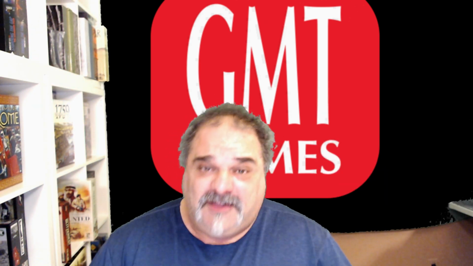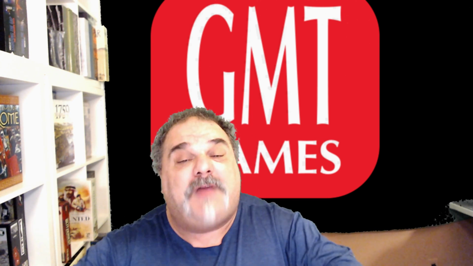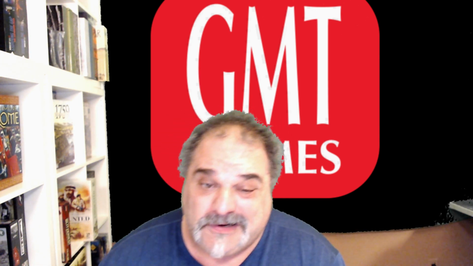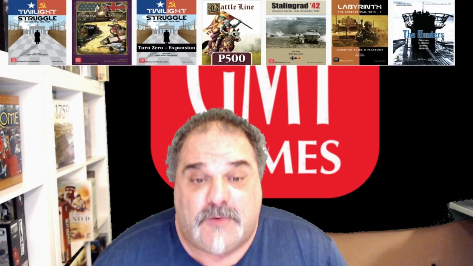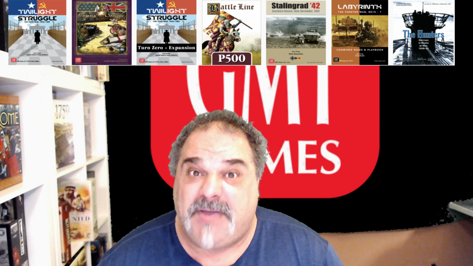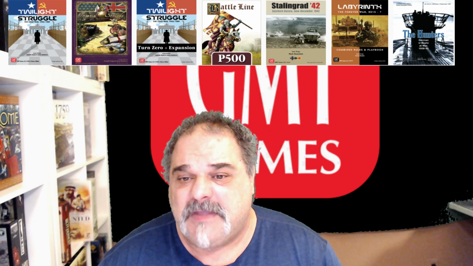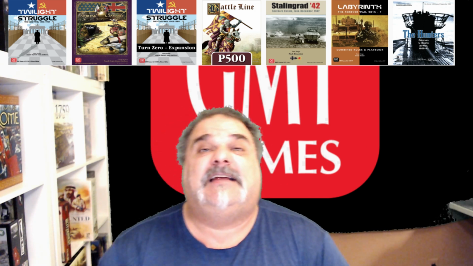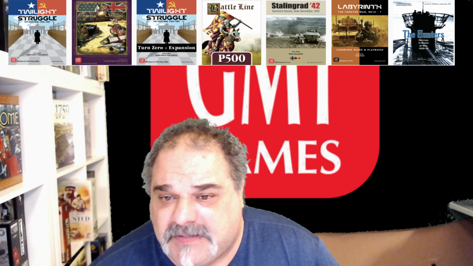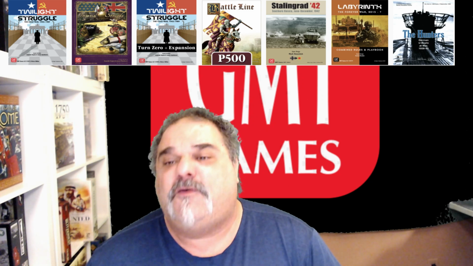And just for giggles, what was the year's bestseller from October 1st, 2019 to September 30th, 2020? Well, here we go. It was, in order: Twilight Struggle, Imperial Struggle, Battle Lines, Reiner Knizia, Stalingrad 42, your regular Hex Encounter Mark Simonitch game, Labyrinth, the COIN game, but this was the expansion, which is called, hold on a second here, The Forever War